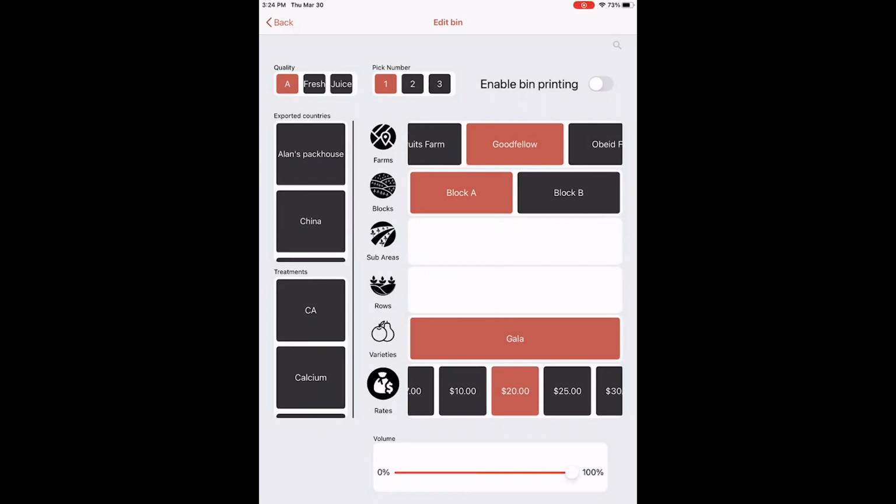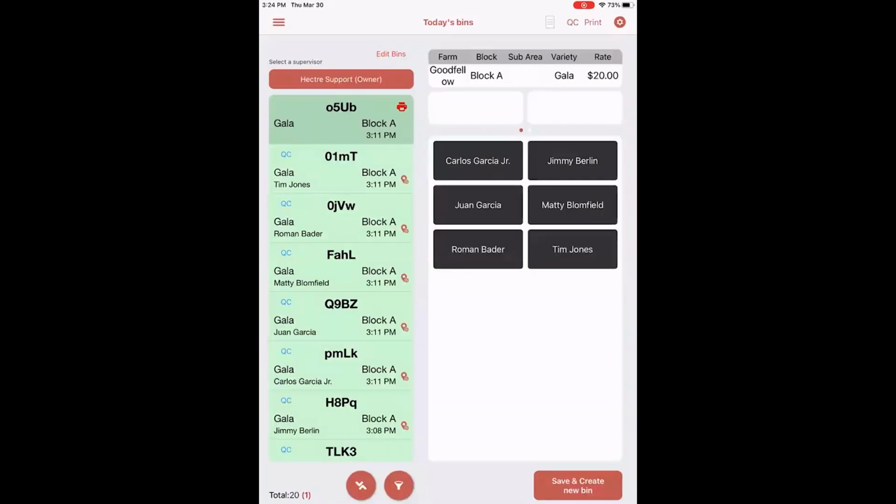So if we go back, below the defaults that we just took a look at, we have some names. So I'm actually going to select Jimmy Berlin right here. And then I'm going to go down to that bottom right and save and create the new bin. So you can do this one of 2 ways. You can either scan that bin tag that you already have and associate a QC with it, or you can create your own bin tag and associate